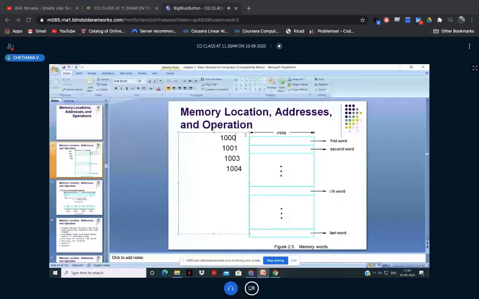I can start with zero also, ma'am. Why 1000? You can take zero. Yes, the first location may be zero, which means the starting location is zero. Here, how many bits of data are you able to store? You are able to store totally 8 bits. That is equal to what? 1 byte of data. For the first byte of data, the address is zero.